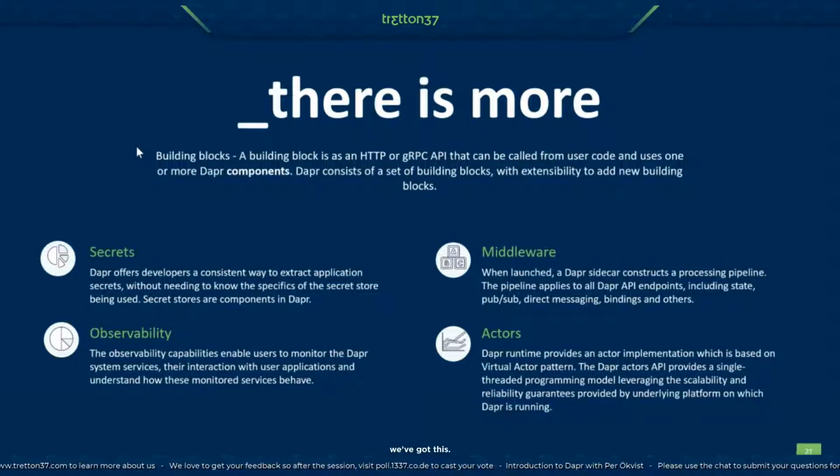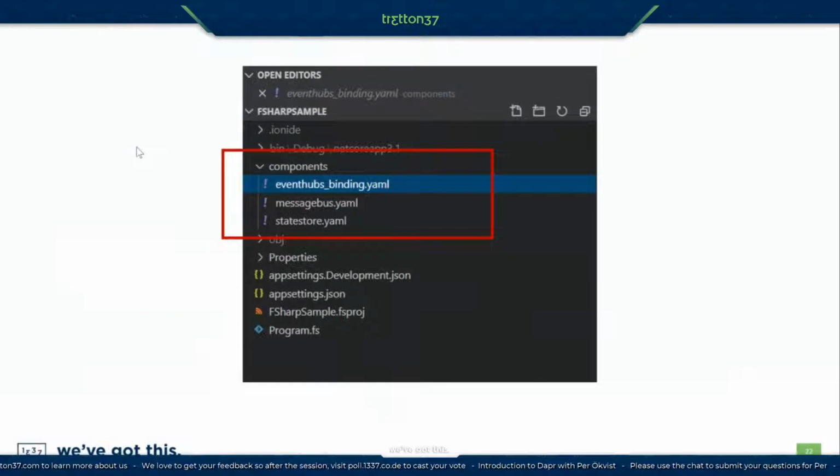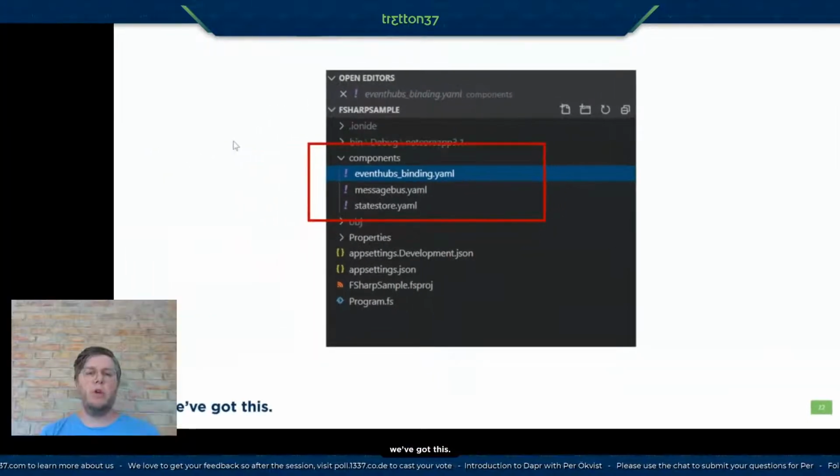So what is going on, and how do I enable all these building blocks? When you enter some Dapr-enabled development, you will refer to these blocks as components. So in this simple example, you see that I have a components folder, and they contain some YAML configuration. So basically, components are a specification in YAML that you just configure. So that's all you're going to see when you're running your application. This means that SDKs are not needed. You have one common programming model to interact with these building blocks. We're going to look at that later.